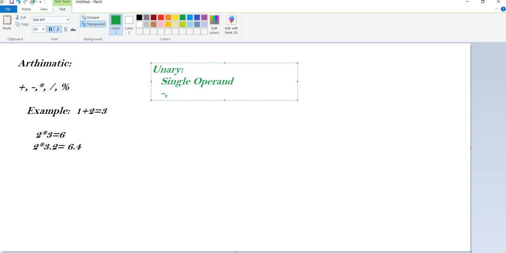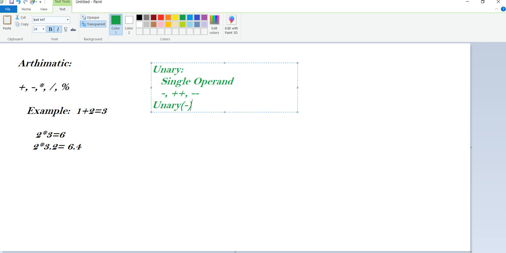These various unary operators are like subtraction and addition, and also the incremental and decremental operators. We will see them one by one here. First of all, the unary minus operator. If it is a single minus, how can it be handled? It can be used to convert values from positive to negative or negative to positive.